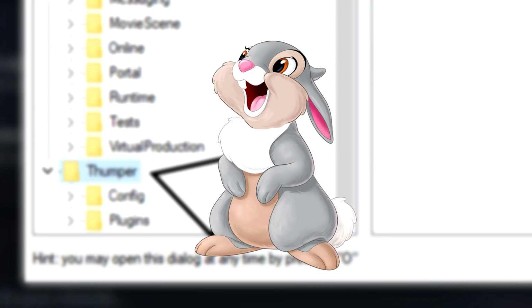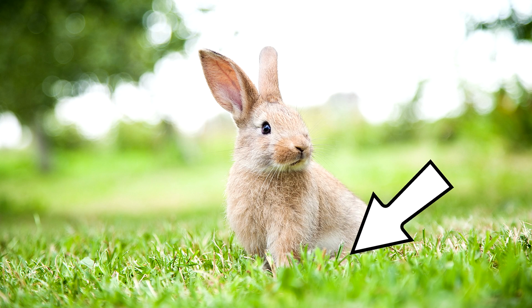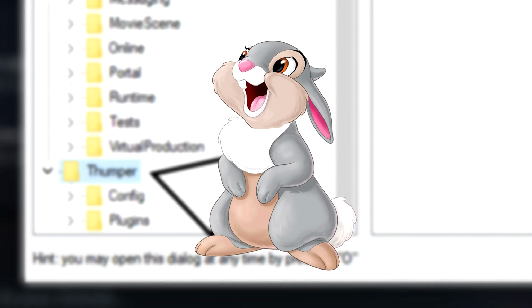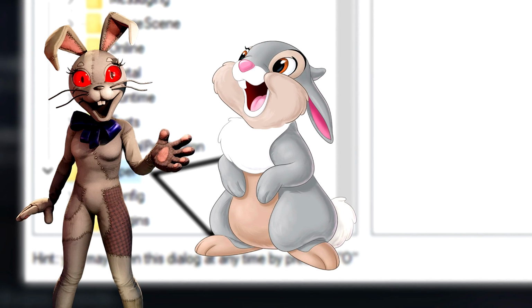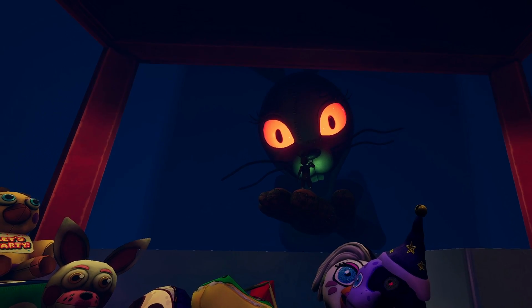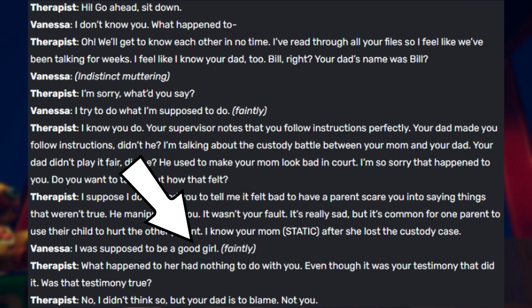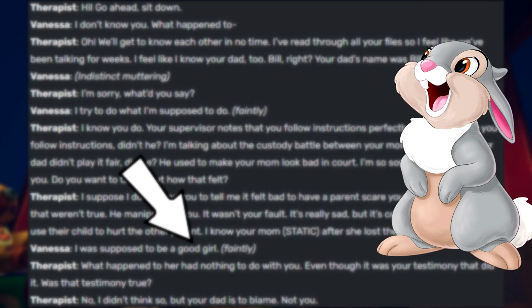Thumper is a gray rabbit in Bambi, but his name means more than you might think. Rabbits naturally thump their feet in the wild, but this is done when they are scared or if there is danger nearby. This is called the name of a gray rabbit because this is Vanessa's game. The final confrontation with her father, a subject that makes her nervous and emotional, the same reason that rabbits thump